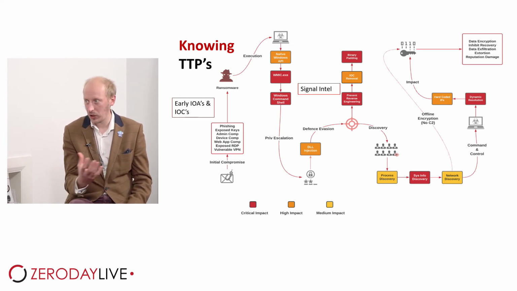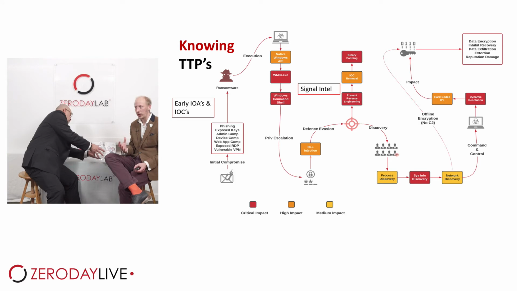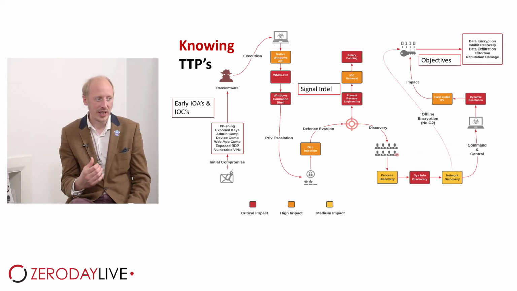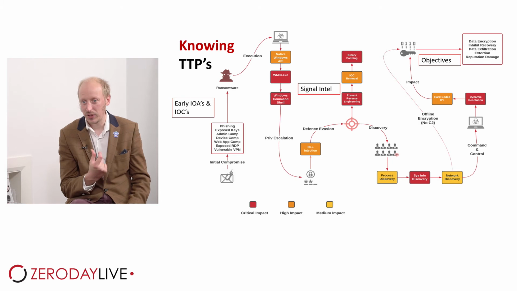What are we seeing across it? What should we be looking for across the network, across the devices, to be able to detect these things? And ultimately, understand the attacker's objectives. There's lots of information we can gather from all these things to be able to make that kind of decision, right?